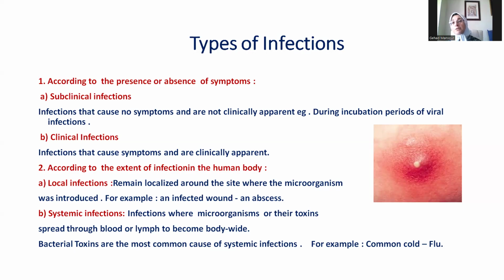Like, for example, when you get influenza, you have rhinitis or a runny nose, you might have a sore throat, you might have inflammation of your ears, you might have generalized body aches, you have fever, of course, you might have joint pain, you might have abdominal pain, gastritis, nausea, vomiting. All these are symptoms affecting many areas, and some serious infections like meningitis, for example, that affects the meninges around the brain, the membranes around the brain, or even encephalitis, which affects the brain itself, might be associated with inflammation and infection of the brain and death.